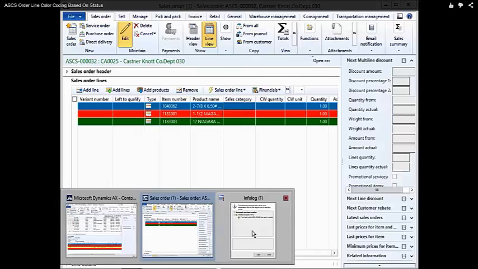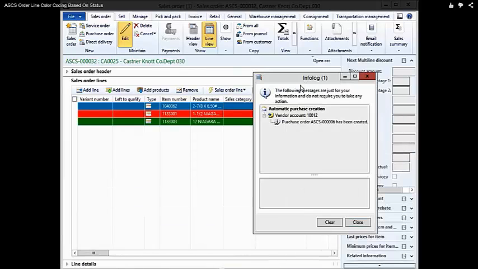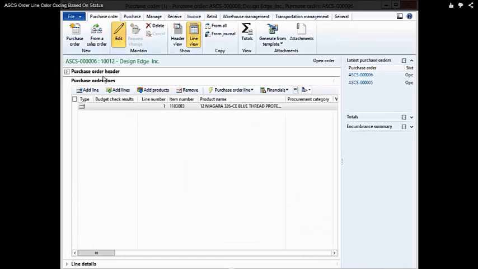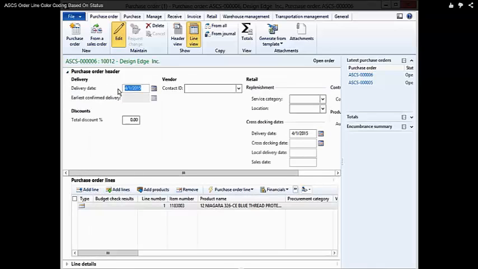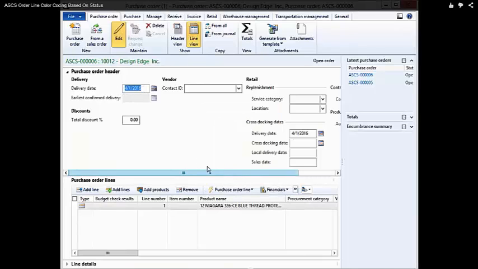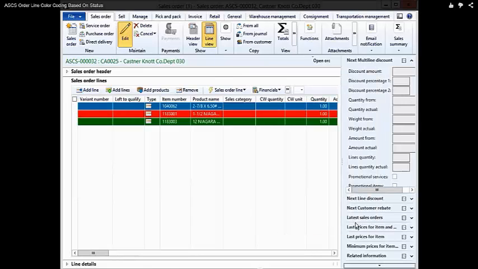Now, if I go back to my purchase order and say, for example, this gets pushed out. So the purchasing is changing it, and maybe they're changing all of the line quantities and the dates. So when the order gets changed, maybe there's a shortage and we can't receive this until 2016, and I update the purchase order, something very clever is going to happen within the system. So if I close down my purchase order and close this down, and then refresh the line view that I have here,